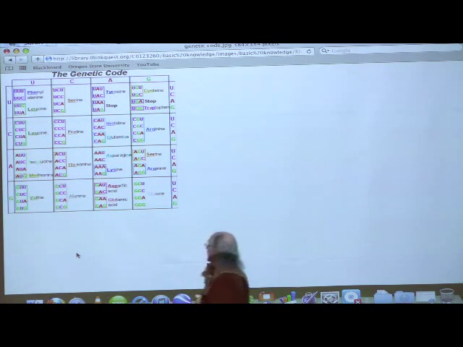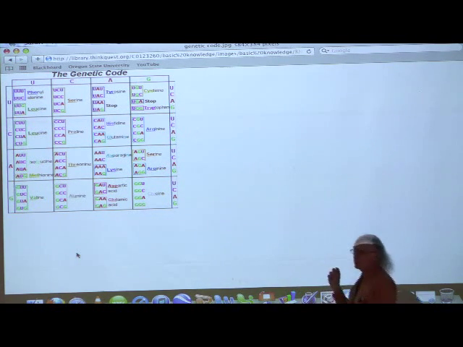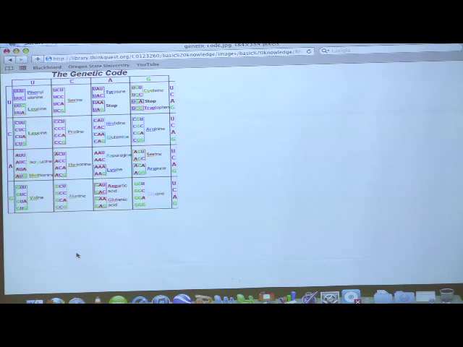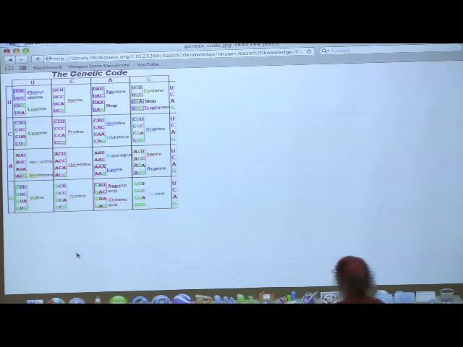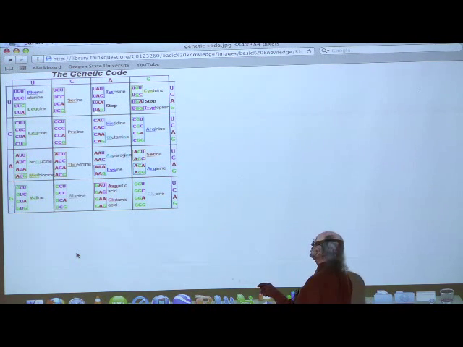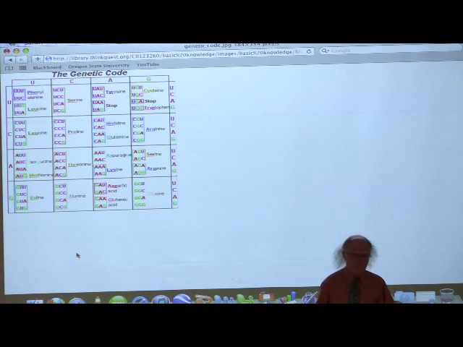There are 3 codons that are what we refer to as stop codons. And what they're telling the ribosome to do is stop translating, stop making a polypeptide chain. This is the place for you to release that polypeptide chain that we saw so it can go out, it can fold, and it can do good things. Okay? The 3 stop codons you should also know: UAA, UAG, and UGA.